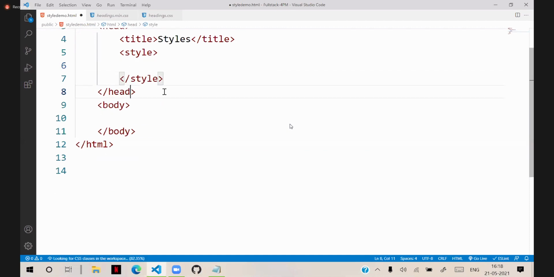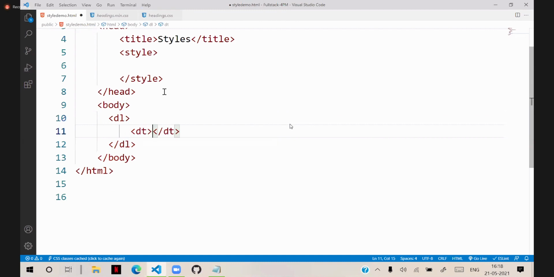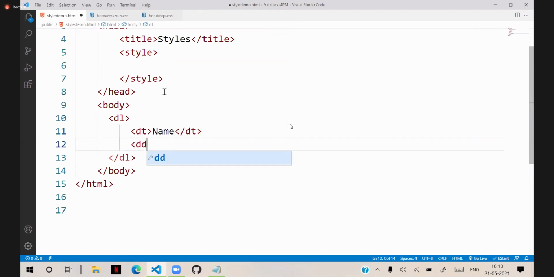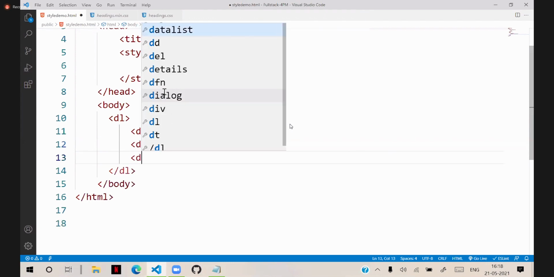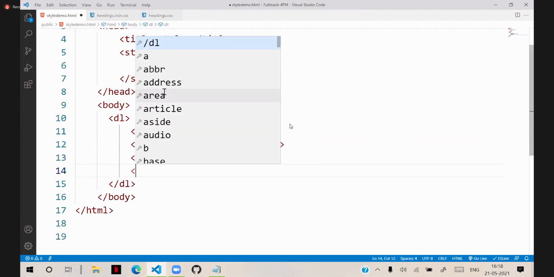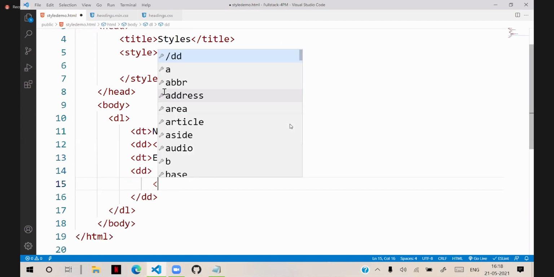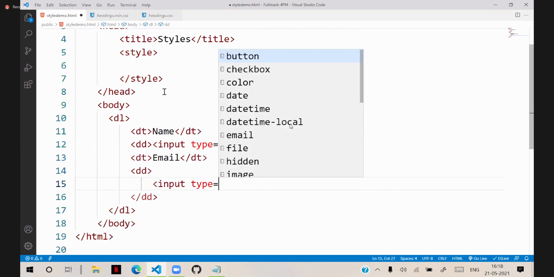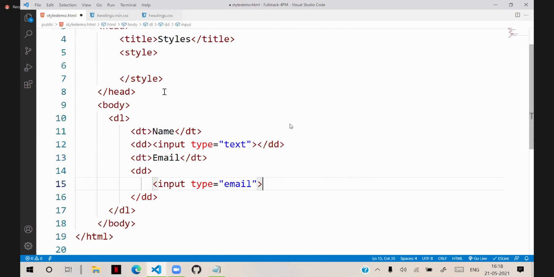Suppose I'm creating a data list with the data term name, and it is having input type is equal to text. Another data term, we have email, which is having input type is equal to email.